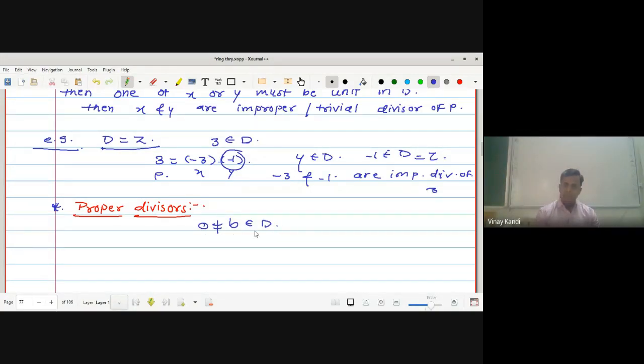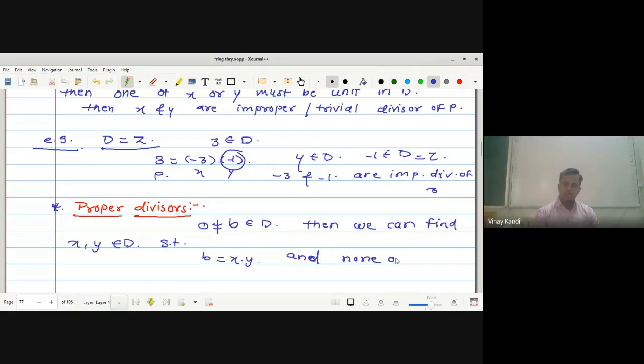A non-zero element B belongs to D. Okay. Then we can find x comma y belonging to D such that P is equal to x into y